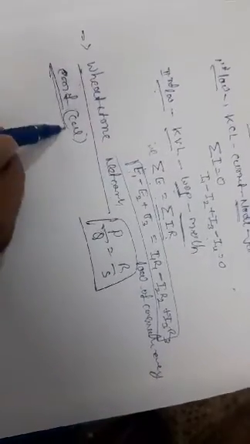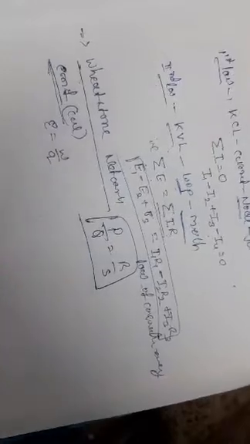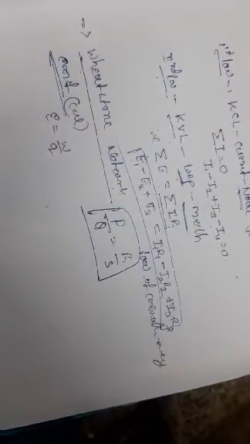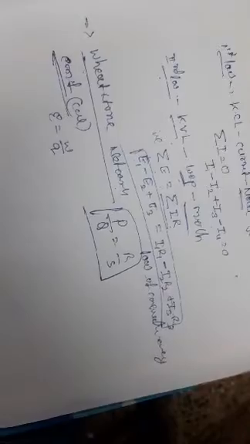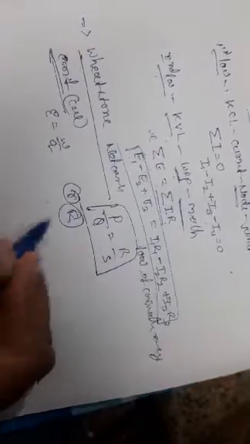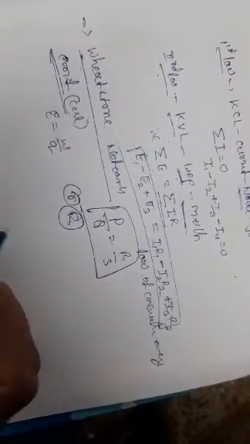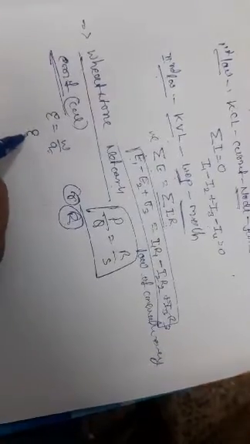The EMF of a cell is defined as the work done per unit positive charge to drive the positive charges through the external resistance and the internal resistance. Small r is the symbol of the internal resistance, and capital R is the external resistance. The relation for the EMF of a cell says that E is equal to